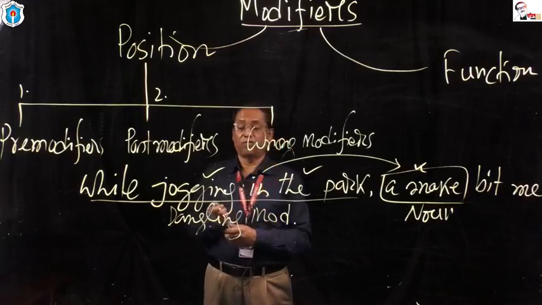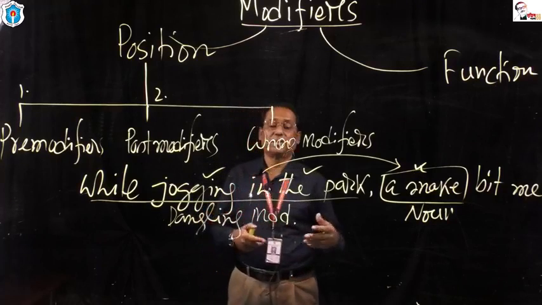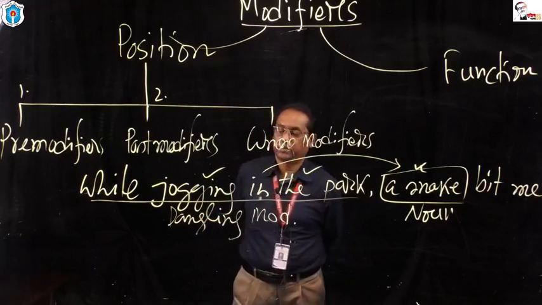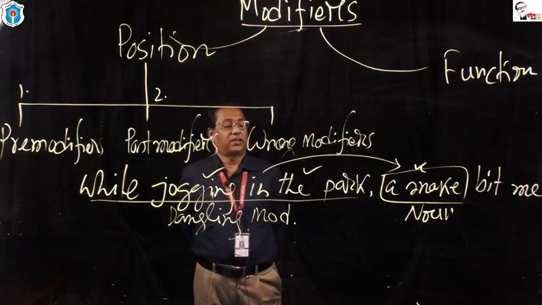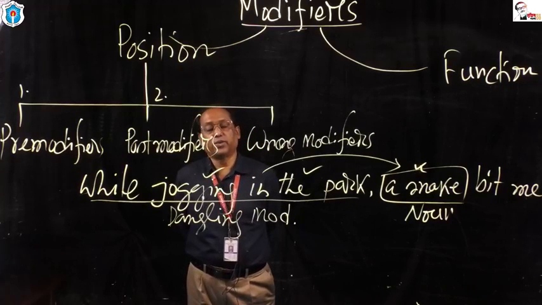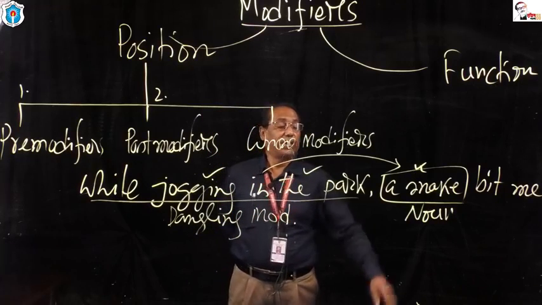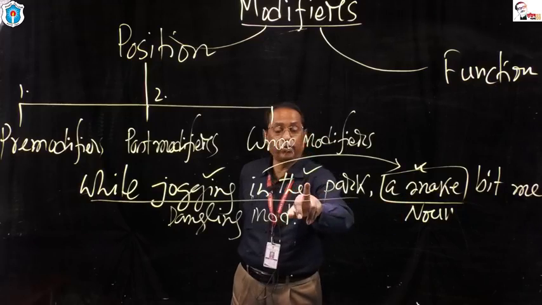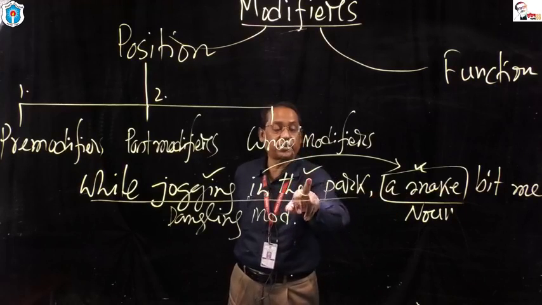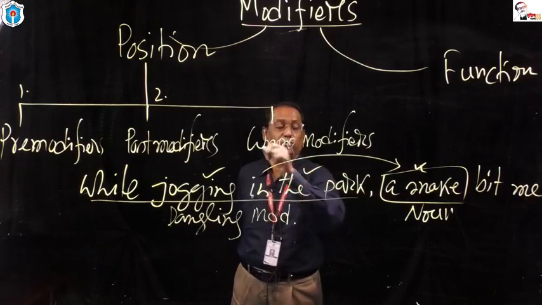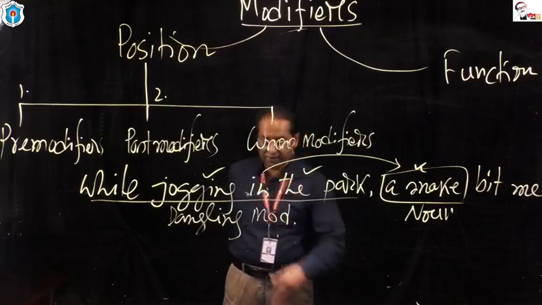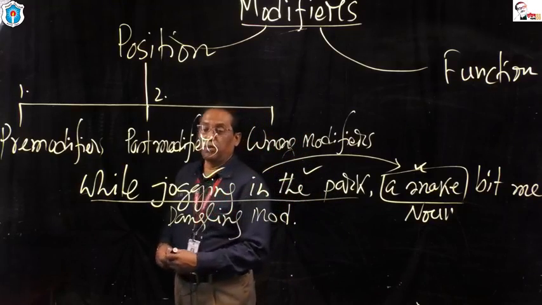It is absurd for a snake to jog, to take exercise in a park. অর্থাৎ সাপটা যেন জগিং করছিল পার্কে, এবং সাপটা যখন জগিং করছিল তখন আমাকে কামড় দিয়েছিল। তাহলে রং মডিফায়ারকে মডিফাই করেছে, এবং রং নাউনের পাশে সে বসছে।